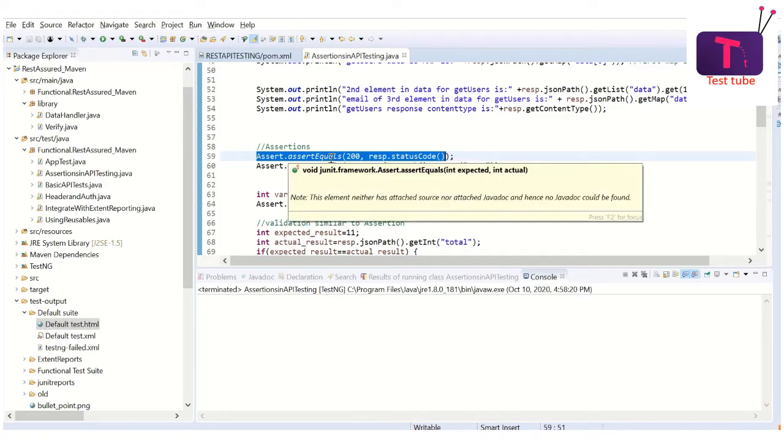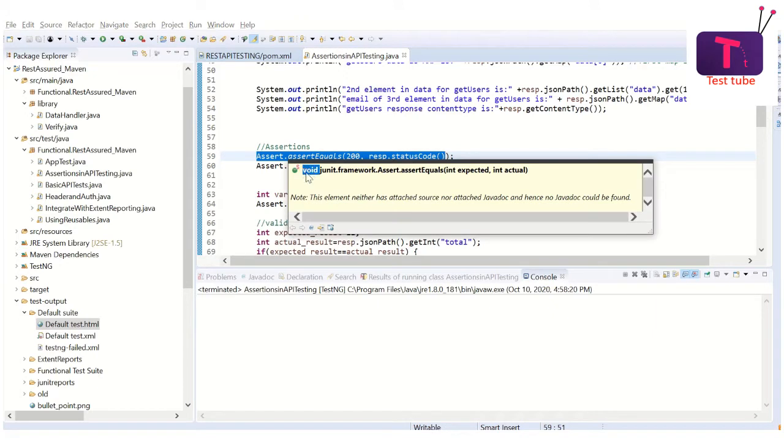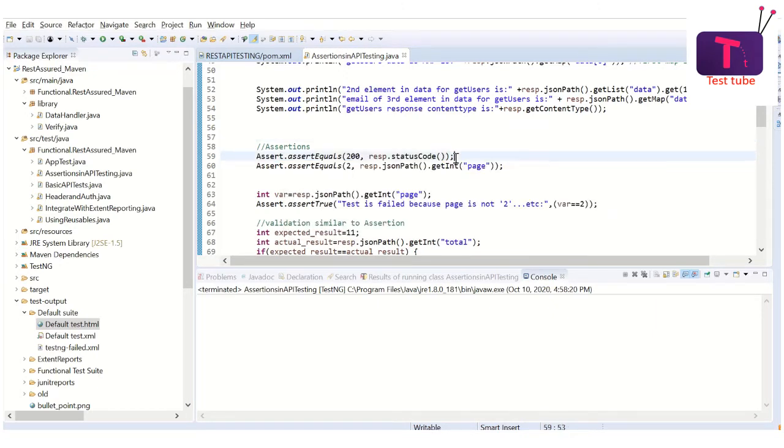As you see over here, it is returning void, which means it is returning nothing. When it is not returning anything, you can't use an if condition and try to print a statement. So there is no way that you can print a message when the assertion is success. Alright. So now we are going to do it by manually proceeding.